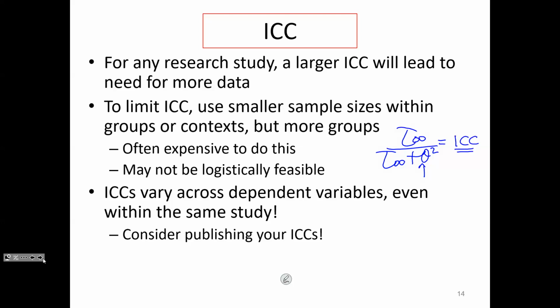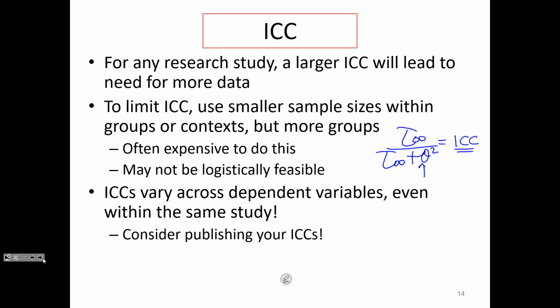So if all of our units were independent of each other, what would our tau naught naught be? There's really no clustering effect. People are truly independent of each other. What would tau naught naught be under complete independence? We've talked about this before. Would be